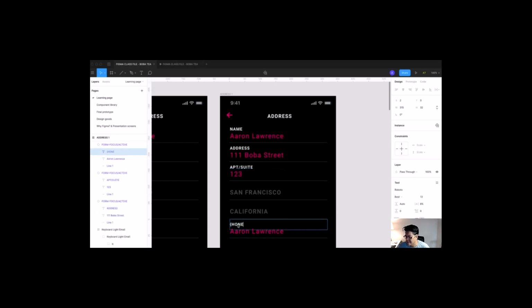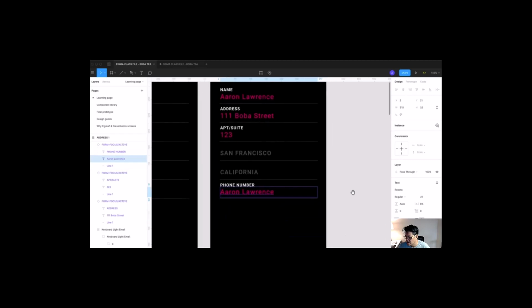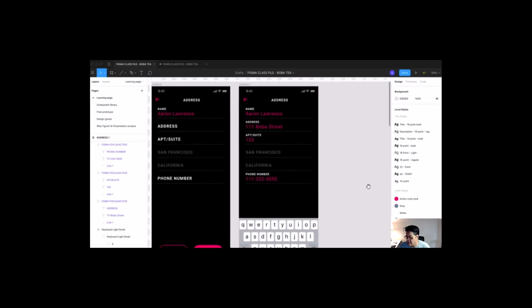Grab Aaron Lawrence here. Do phone number 123-5555, something like this with it. So 112-225-5555, something like this. Something fictional. Okay. So at this point,